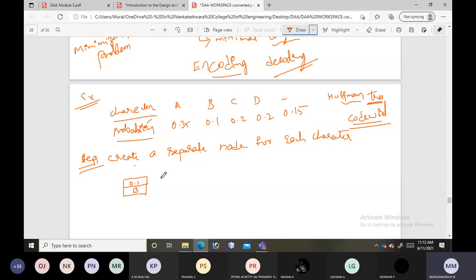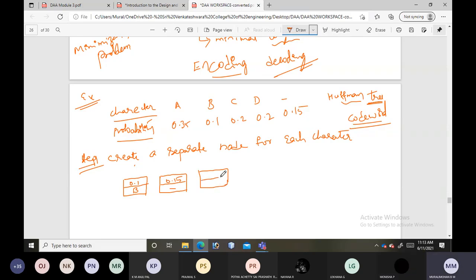Similarly, which is the next one? Underscore, with 0.15.